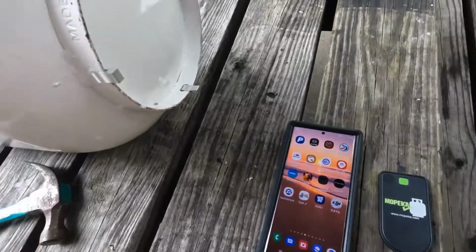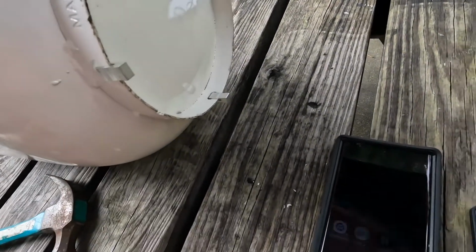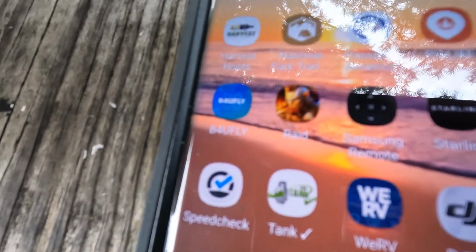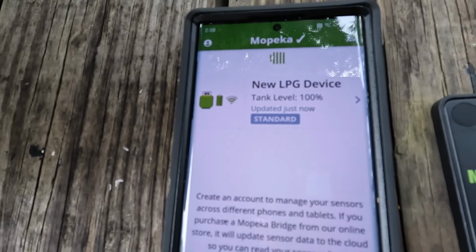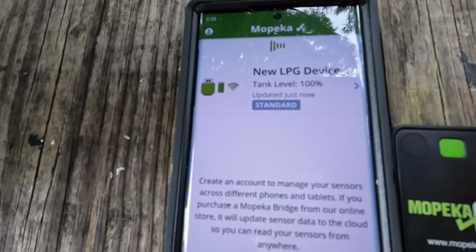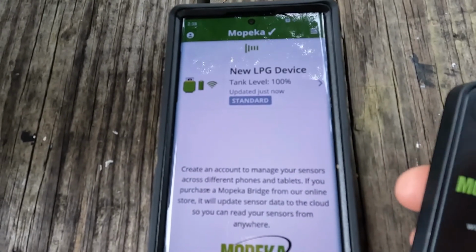Okay, I got the feet put onto the bottom of the propane tank. I just used a little hammer to get them on. Now we're going to go into the MOPEKA app, and I'm not going to lie to you guys, I already cheated and installed one of the sensors on the tank on the other side of my RV. So now what we want to do, and it's monitoring, it's 100% full. I know that tank was full because I haven't used it. It was closed off. This tank we've been using,